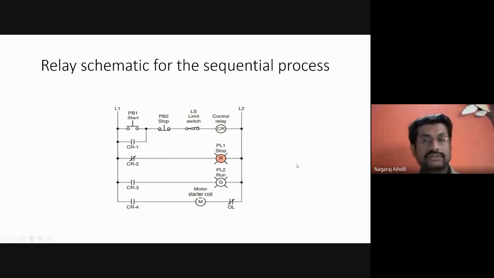This question may be asked in the examination, students: explain the sequential control process using the relay schematic and the ladder rung diagram.